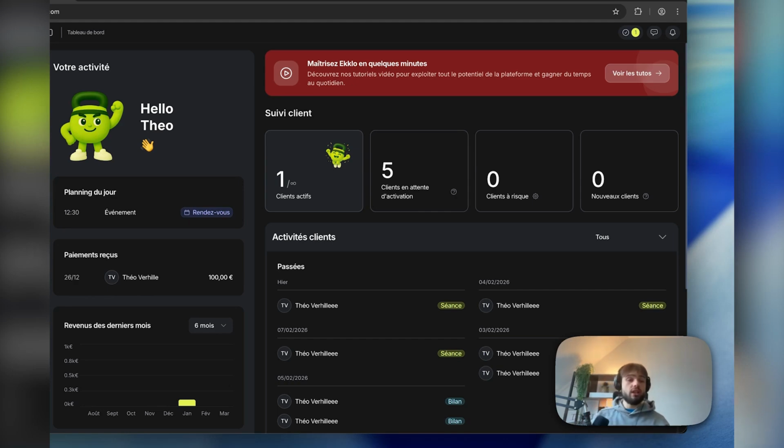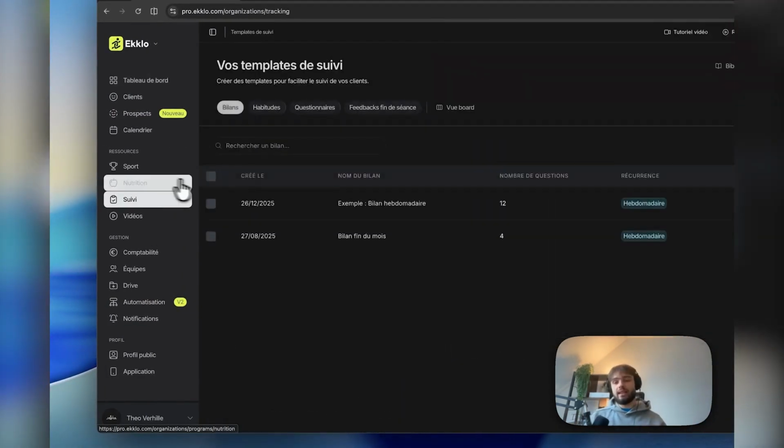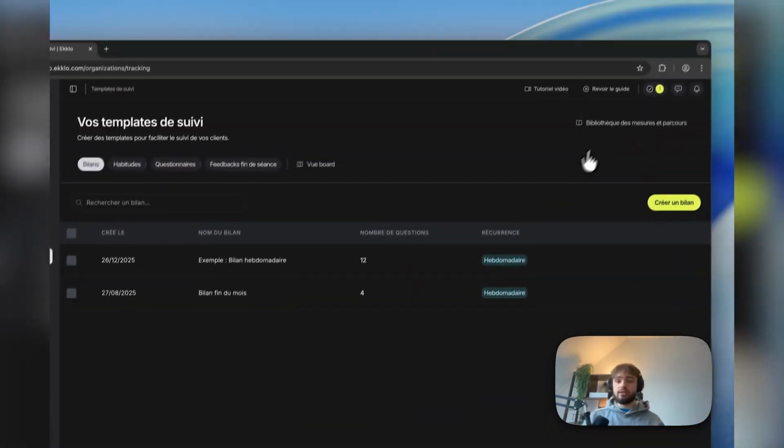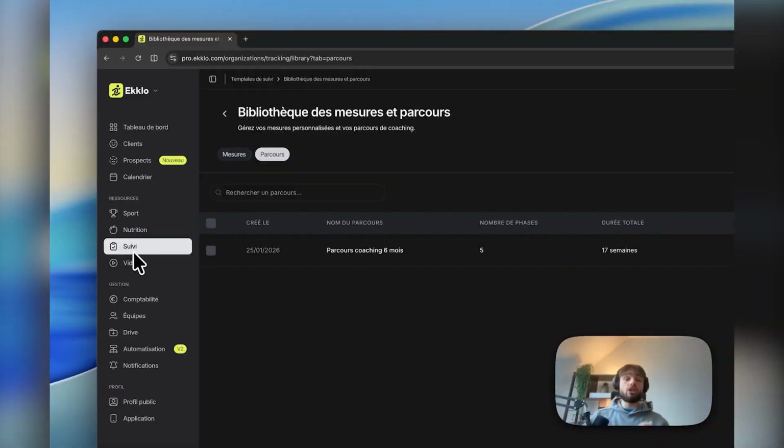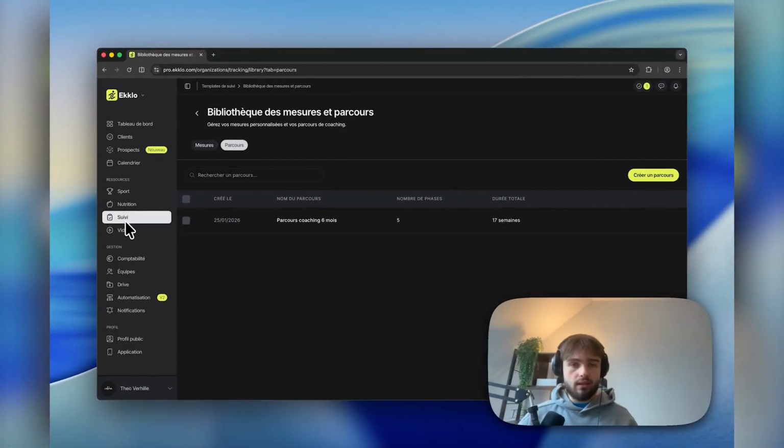To create a coaching journey, we'll also head over to the tracking tab and then click on Library of Measures and Journeys. And finally, Journeys. So there we go. We're now on the Journeys page, but before we start creating one, first of all, what